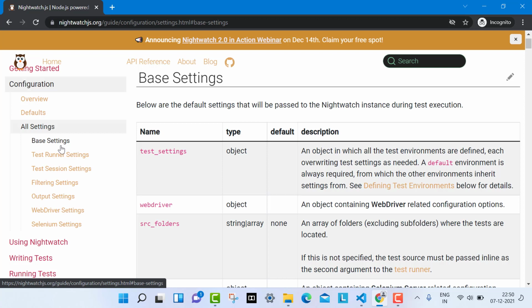Now, this browser comes with some capabilities also, right? Where will you pass this information? Also, you will write the test somewhere in your project. Where will you pass this information?